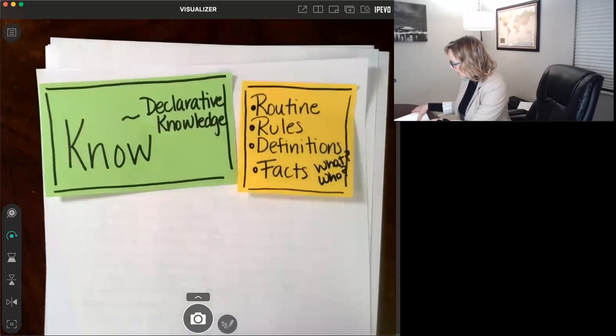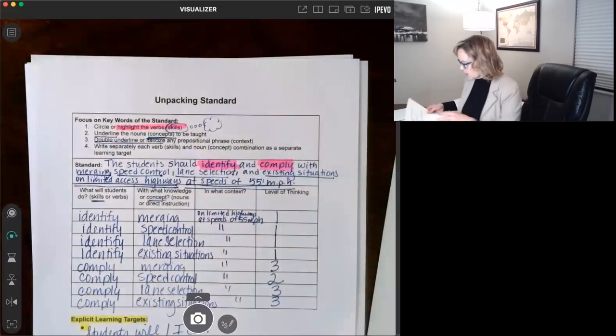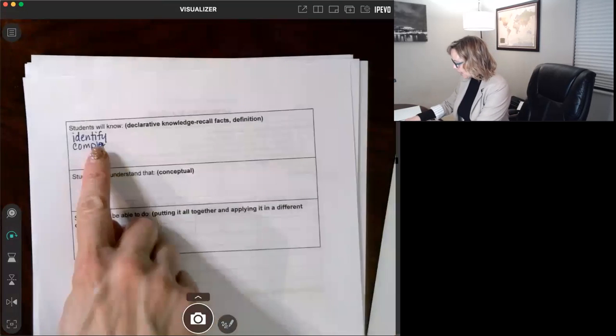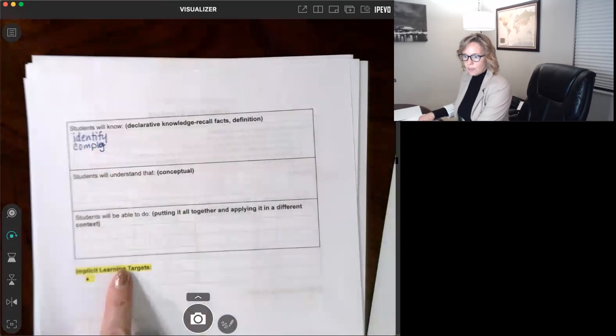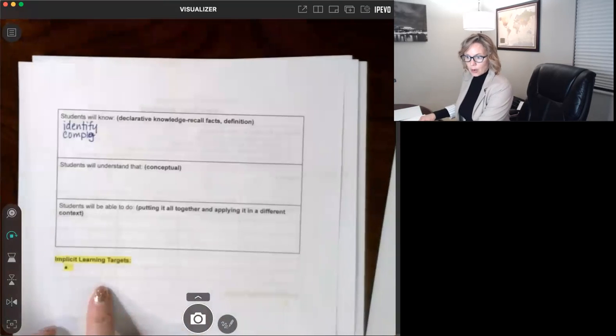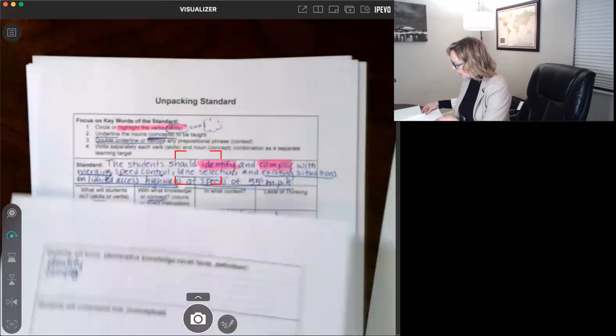And so I'm going to look at this unpack standard. And just so you know, on the back is where your next page will be: what students need to know, understand, be able to do. Those will end up being our implicit learning targets. So let's look at our